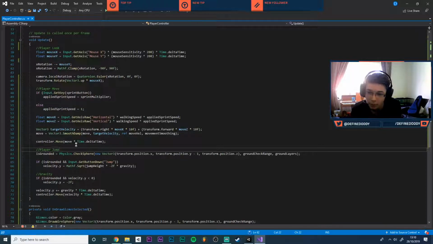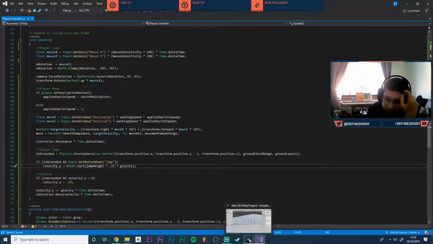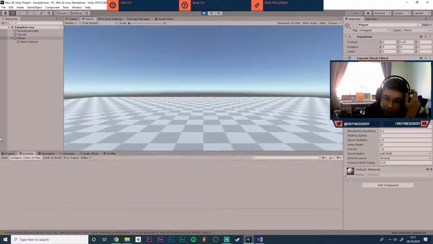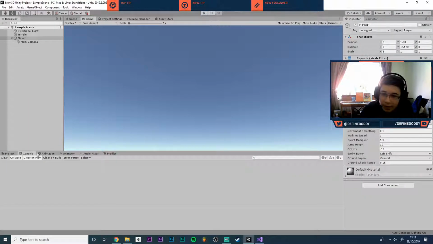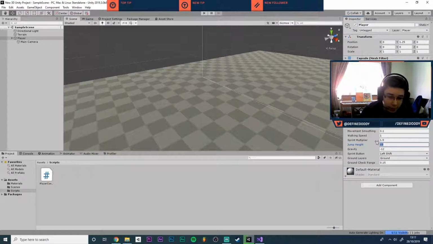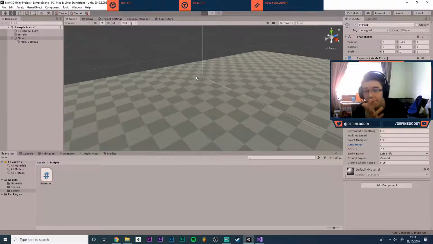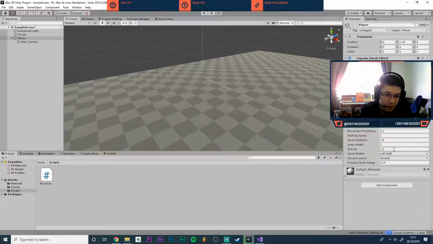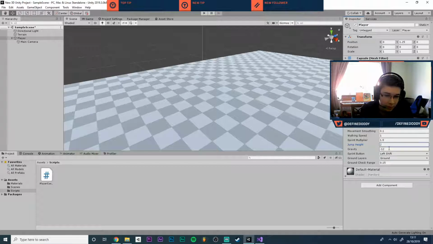player jump. Here we go. Hopefully this is correct. I've just realised I set the jump height wrong. We're going to set that to 3, won't we? Now, if this works, I am going to be happy. I'm going to be very happy. Yes, it works. It's a little bit floaty. I'm going to set that to 2 and set gravity to about -18. That's a lot, I know, but